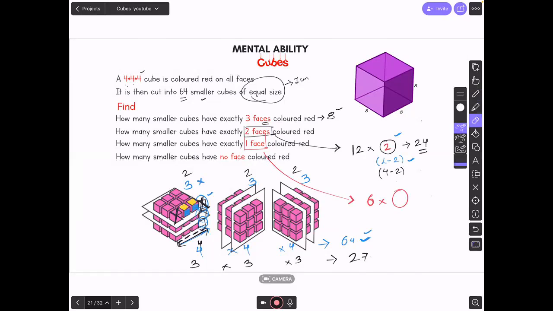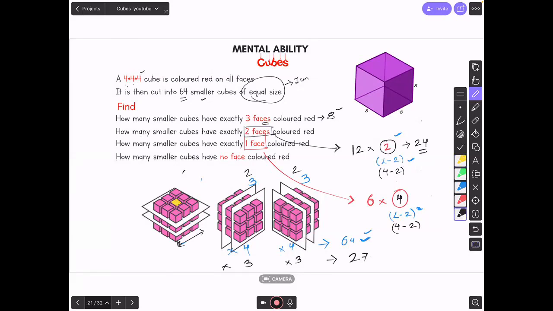So again, try and think here. This is your face right now. I can give you the formula as well. We know the formula: (length of the edge minus 2) whole square. This time the length of the edge is 4. 4 minus 2 is 2. 2 square is 4. So this time you will get 4 per face. Last time we got only one, right? Last time you were getting 1 per face, which has 1 face colored red. This time you will get 4 per face.